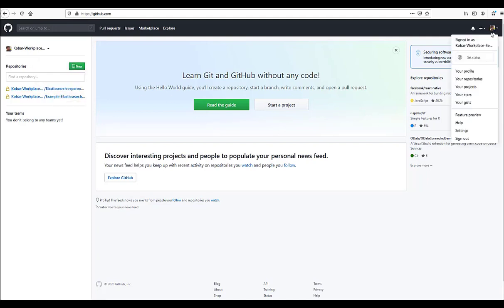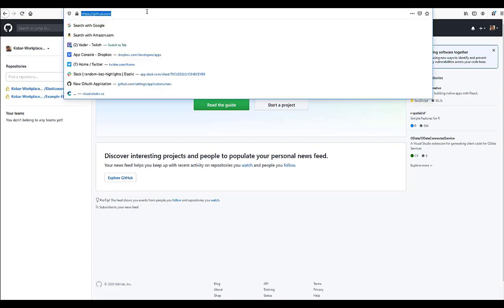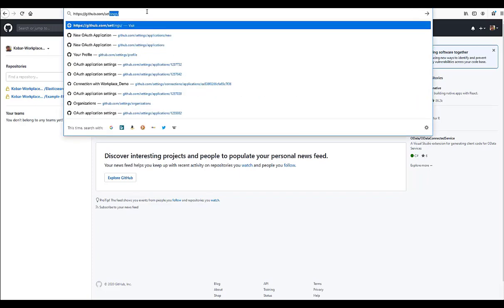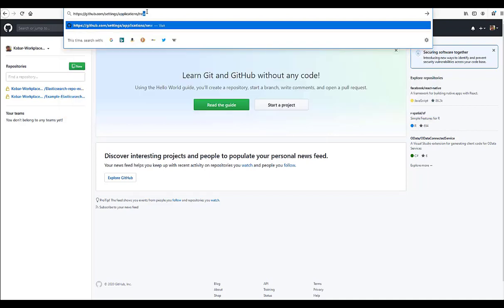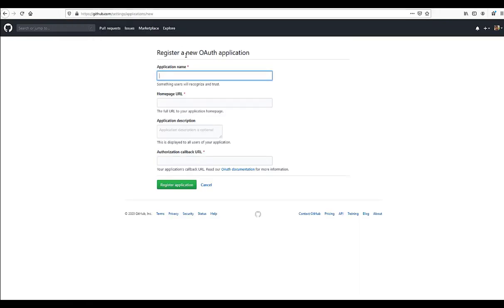I also cloned a couple of repos, like Elasticsearch. I'm logged in as cobar-workplace-search, which is my GitHub. If I come over to settings, applications, new, I'm going to create a new application. I'm just going to call this application name, let's see here, yeah, we'll do demo workplace search